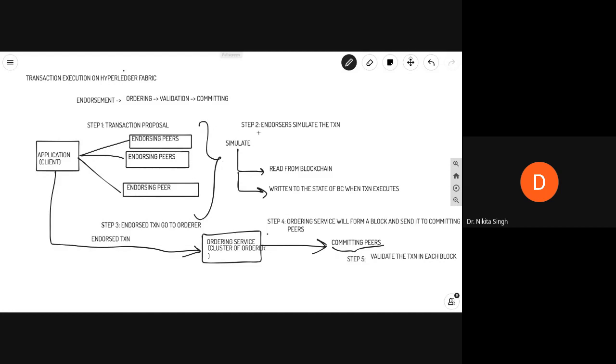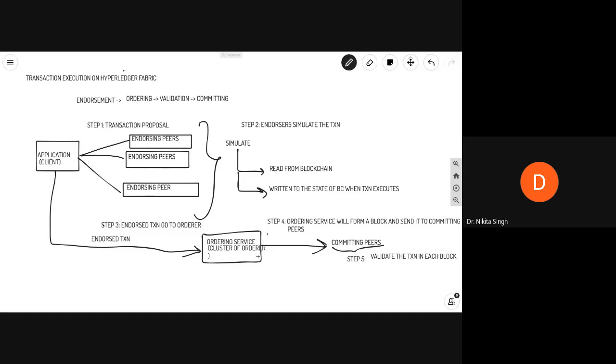If you remember, we were talking about simulation here. That is, if these transactions get executed, certain changes will be made to the blockchain. So the committing peers validate the transaction by checking to make sure that whatever read operations or write operations have happened, they still match the current world state. Specifically, that whatever read data existed when the endorsers simulated the transaction is identical to the current world state. So here you are simulating that to see what changes will happen.